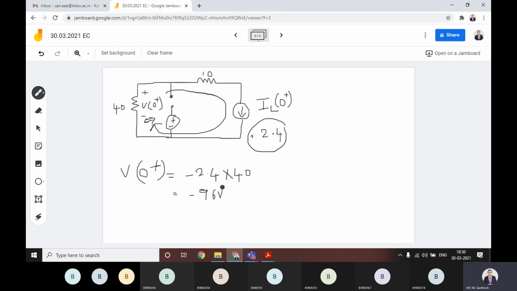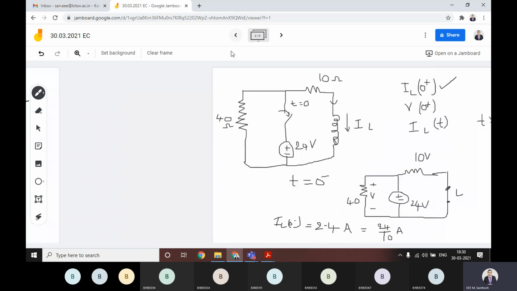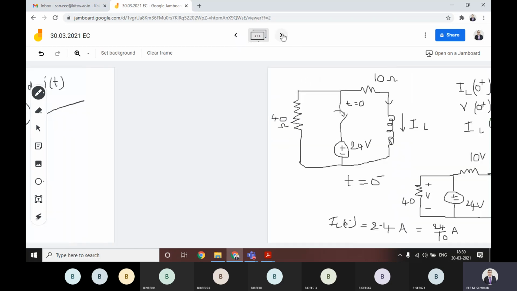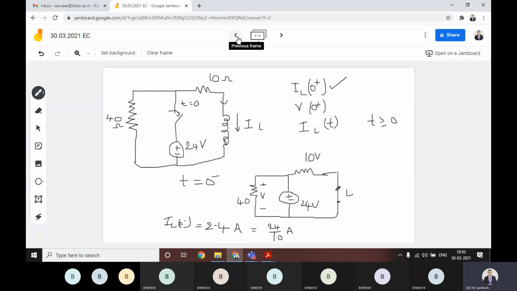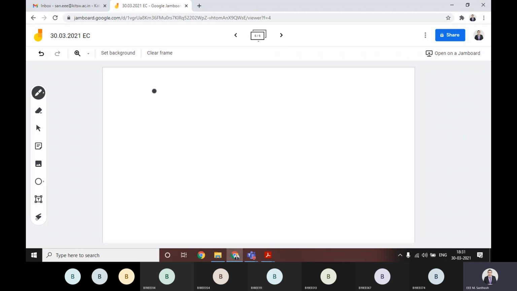Okay, then third case, that's what third case we have here. We have to calculate in the third case IL of t, that current value at steady state. What is the value we have to calculate? That is the third step. Okay, then in the steady state condition,